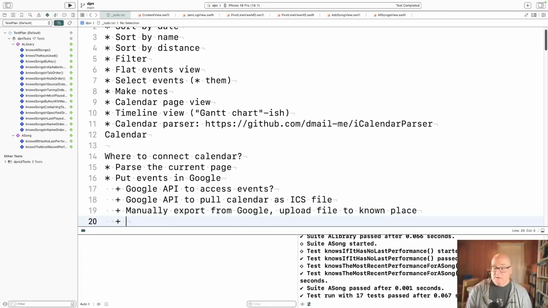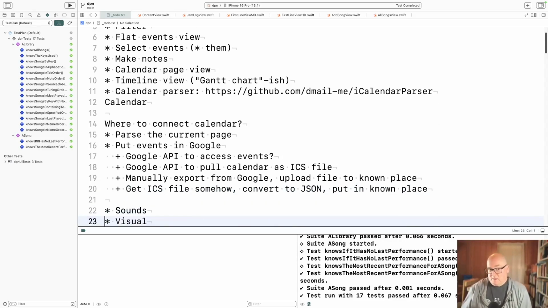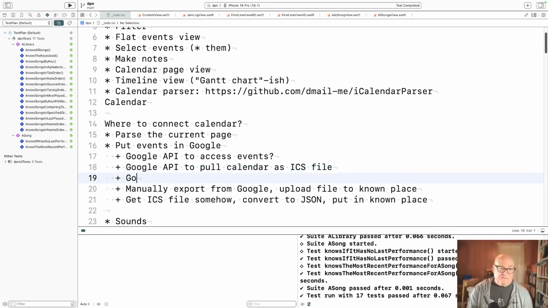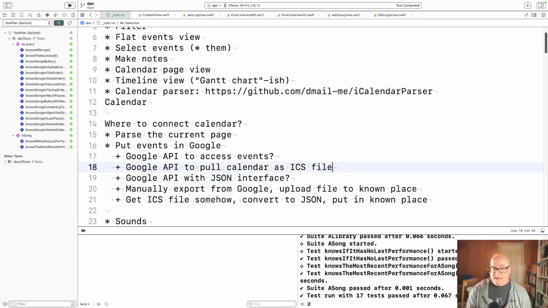So we could get ICS file somehow convert to JSON, put in known place. Okay. Or maybe Google API might have a, maybe it has a JSON sort of format. Now, I think there's